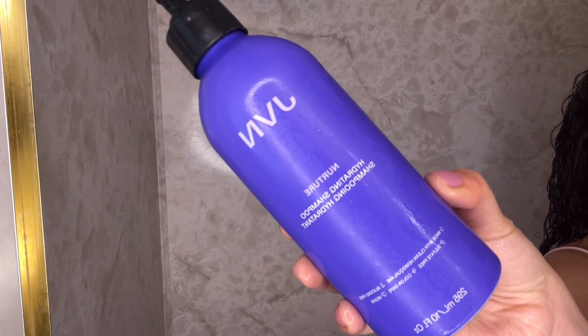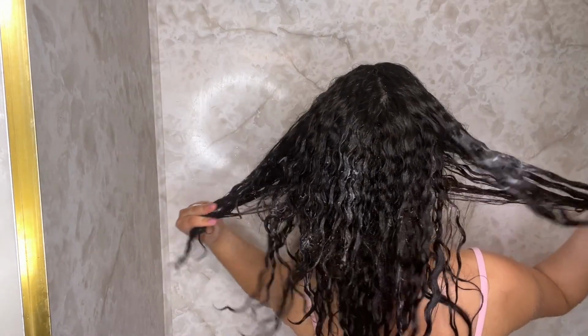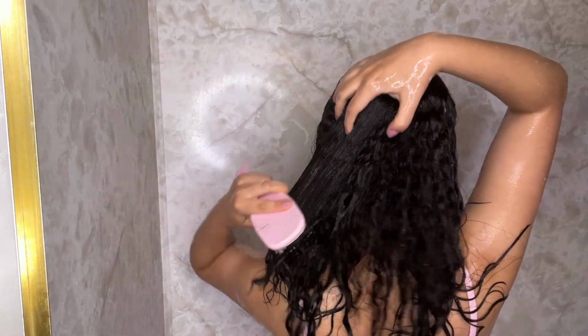I also wanted to just share with you guys the product that I use in the shower to wash my hair and treat my hair. I use the JVN products in the shower. I use their shampoo and conditioner to wash and detangle my hair. I've been using these products for a couple months now and I actually really like them